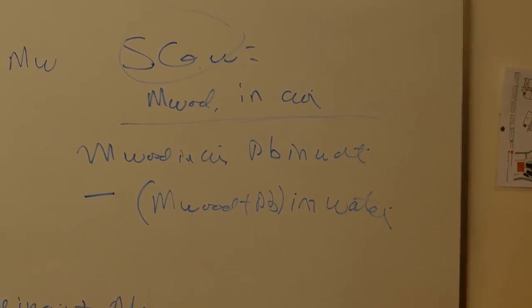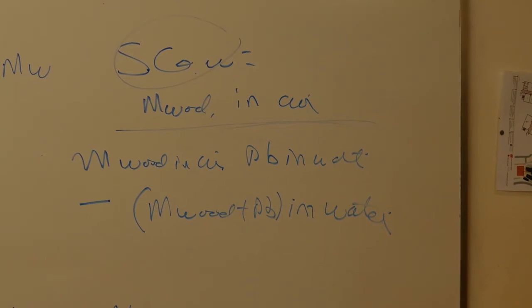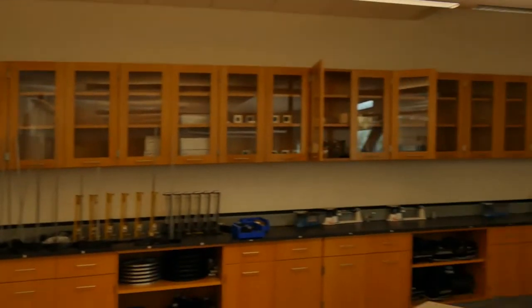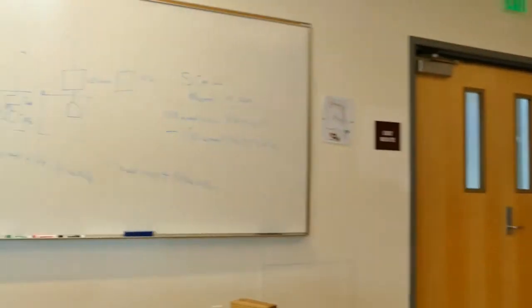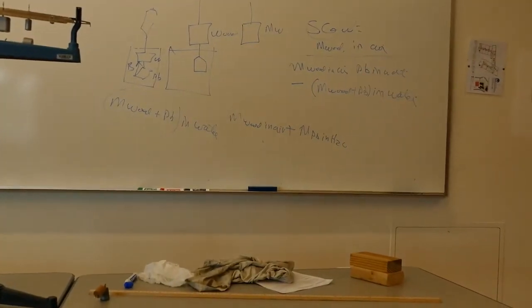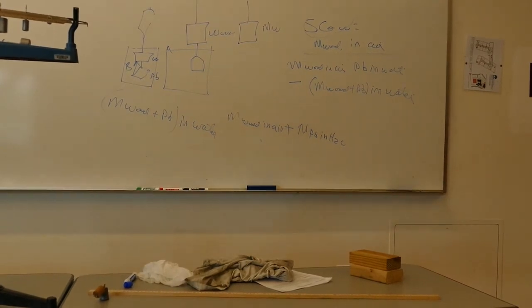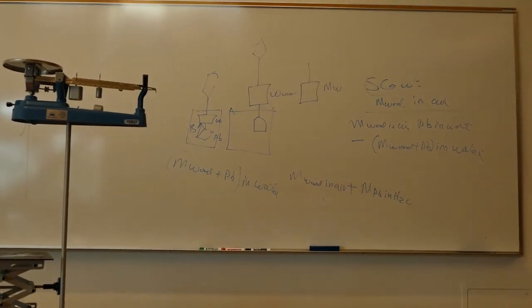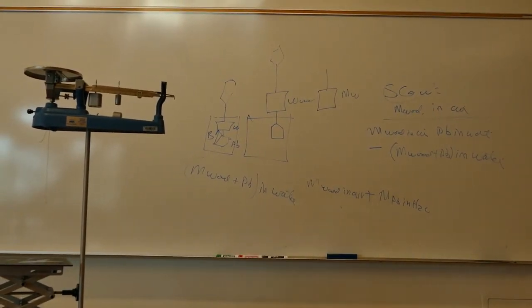The only difference between those two is the upward force on the wood when you put it in the water. That's the buoyancy force on the wood, which Archimedes says is equal to the weight of the water displaced. So if you look on your data page,